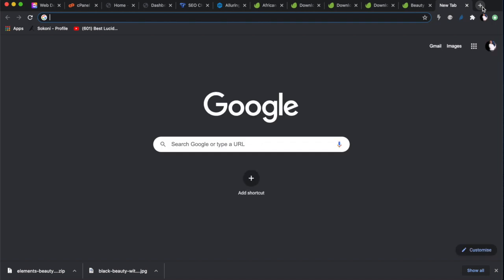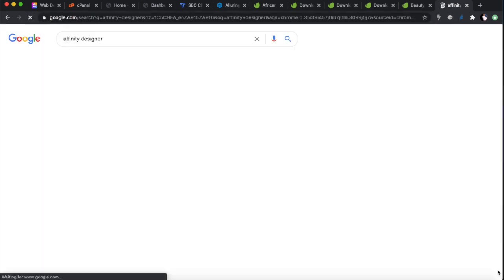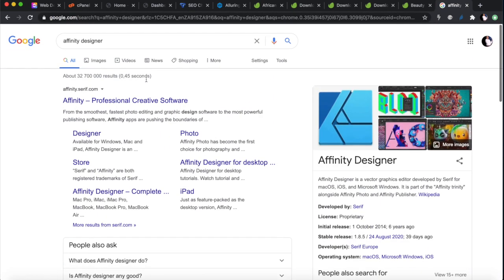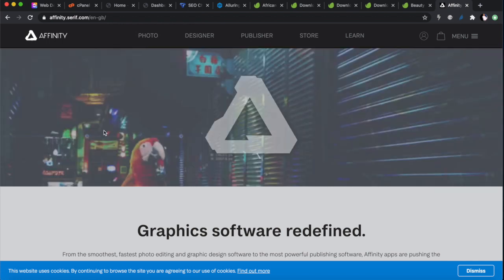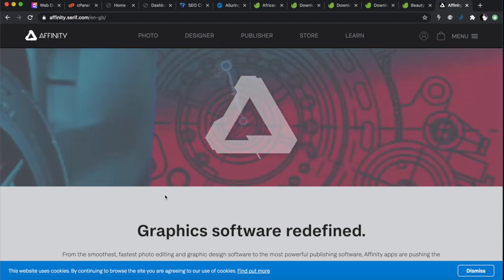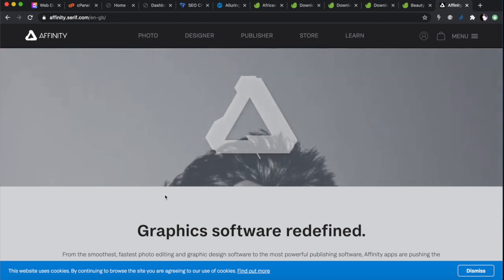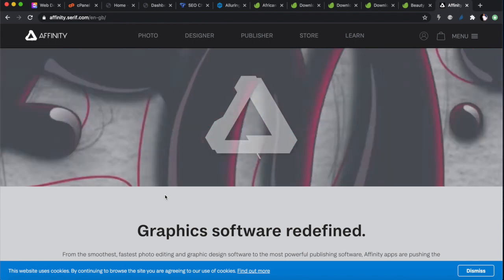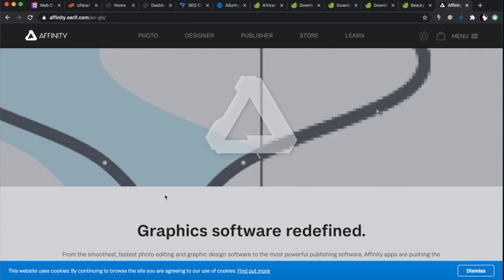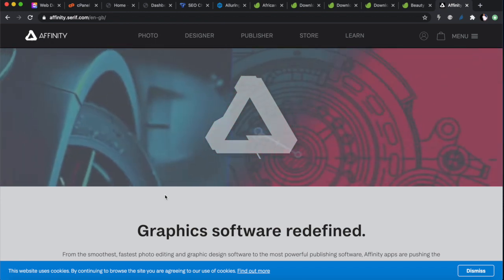Just go and search for, because this is what I use a lot, Affinity Designer, right? The first one that comes up there. Affinity Designer is an affordable non-Adobe Suite software that you can do graphic design with. Okay, it's not as complex. It doesn't have all the elements of Adobe, all the different Adobe products they've got that do graphic design. It doesn't have all of that, but it has sufficient tools for you to be able to edit files that have already been built by other people if you just want to do something.